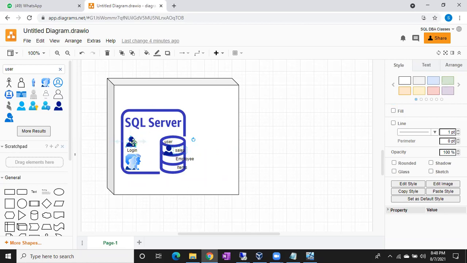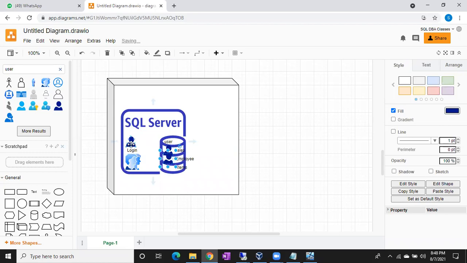If I give access to Sudarshan on the employee database, one more Sudarshan will be created on the employee database. If I give access to Sudarshan on the items database, one more Sudarshan will be created on the items database. Like this, the users will be created in each. Here, only one parent is there. This is the Sudarshan parent, and these are all the Sudarshan users. For one login, I have multiple users.